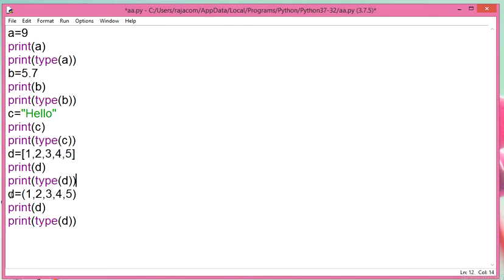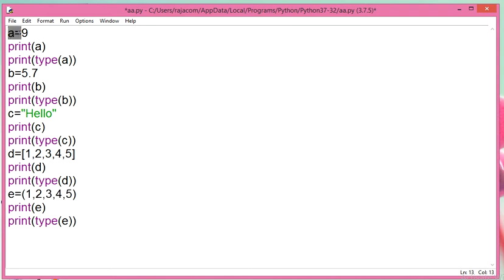And the last variable, D, oh, again a repetition of D. To change it, it is variable E. So variable E stores 1 2 3 4 5, but it is in parentheses, or small brackets. So student, this is the tuple which we are learning. So what exactly is the code available on the screen?